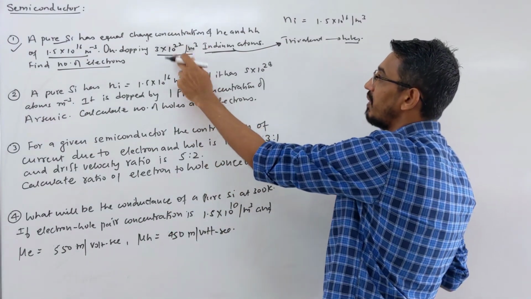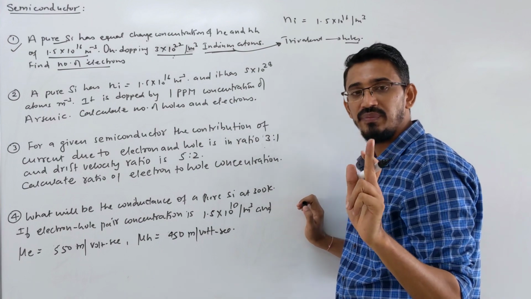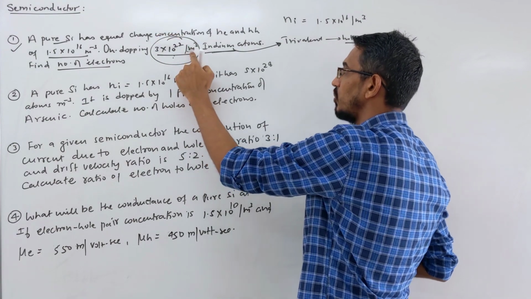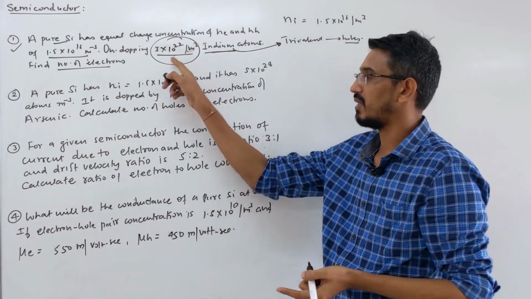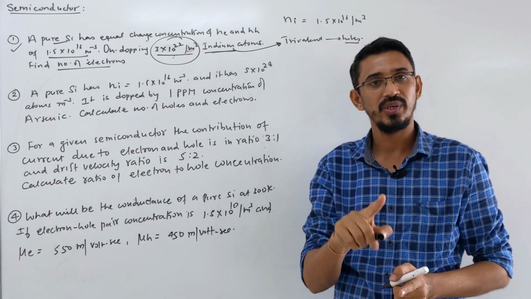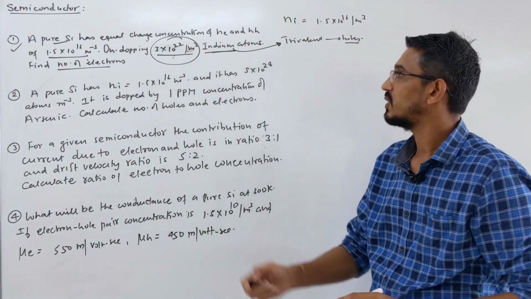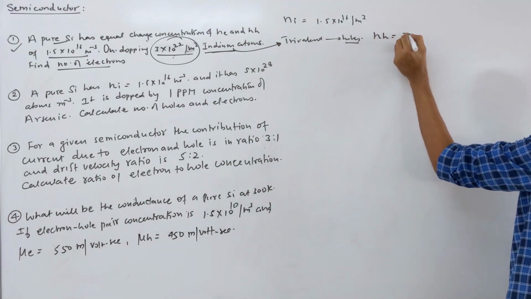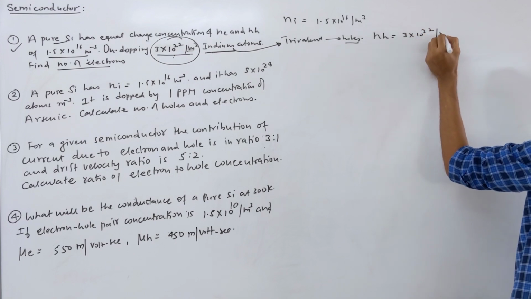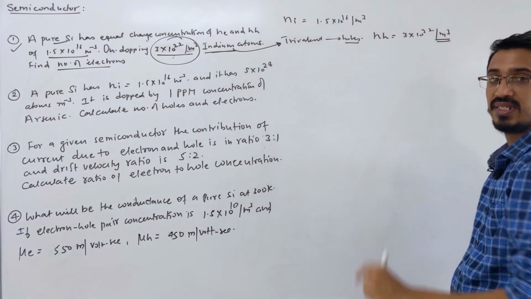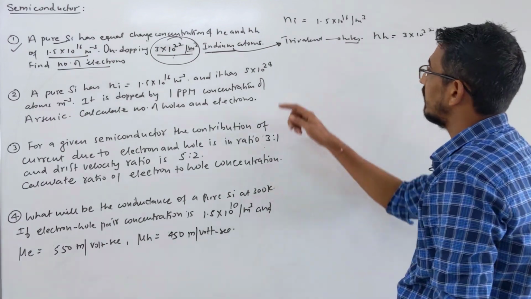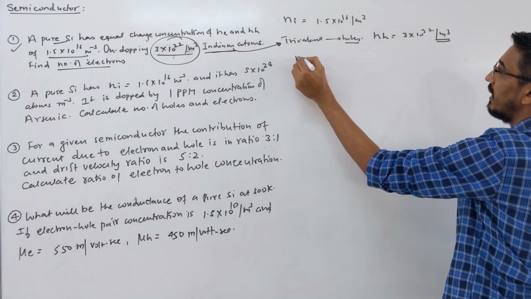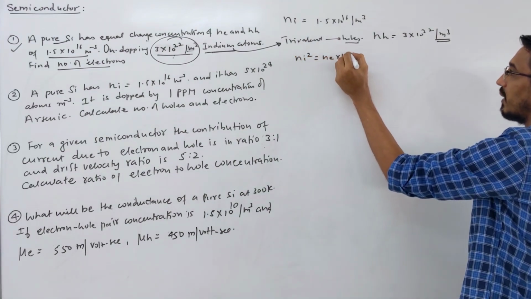So this much indium you are doping, and every atom of indium will give one free hole. So the number of holes generated per meter cube will be equal to that number, because one atom of impurity gives one free hole or free electron. Here we are doping a trivalent impurity, so we get holes. The number of holes is simply 3 into 10 power 22 per meter cube. Pay attention to the units, sometimes they write cubic centimeter. Now they are asking for the number of electrons generated, so we write the mass action law. It says Ni square should be equal to Ne into Nh.